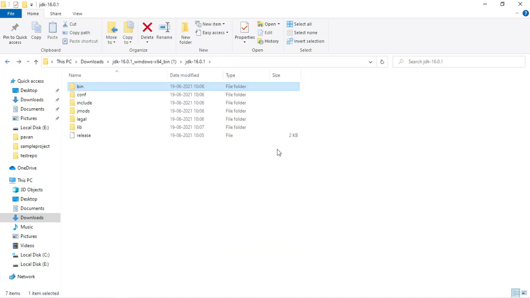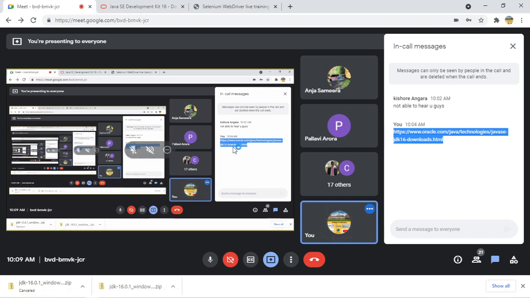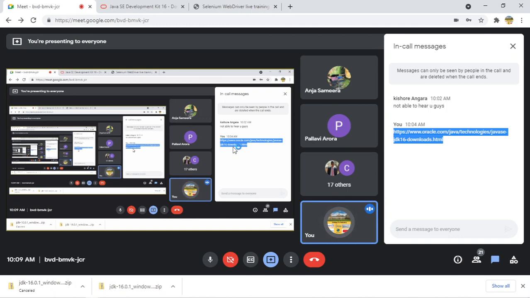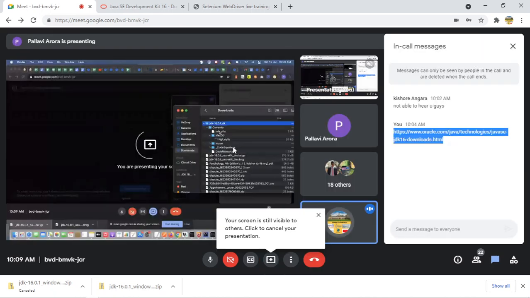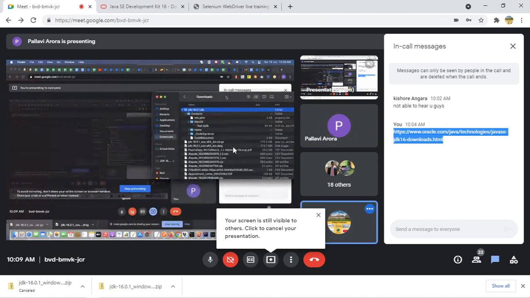I'm using Mac and my folder structure is a bit different. Can I share my screen? Okay, share your screen, let us see. I have not worked much on a Mac machine, but let us see. So are you not able to download? No, this is the folder. Are you able to see my screen? Yeah, I am able to see.